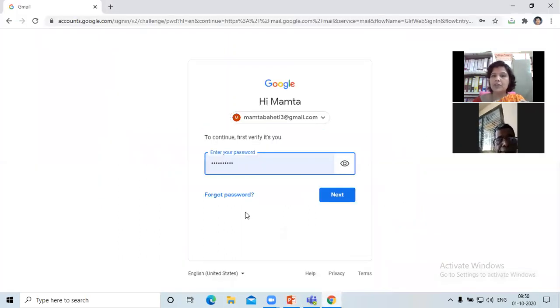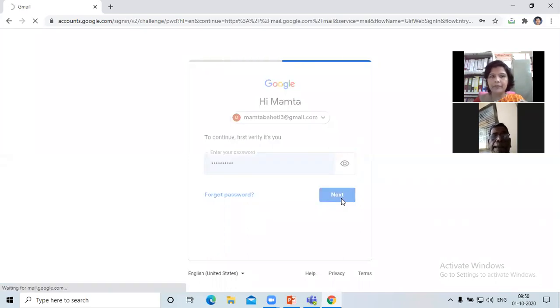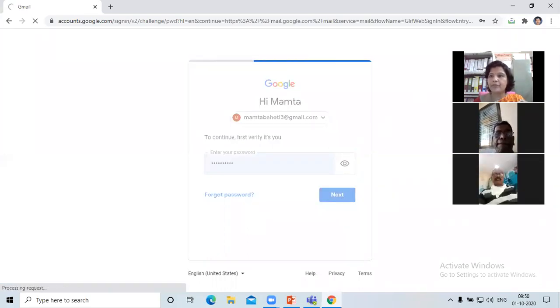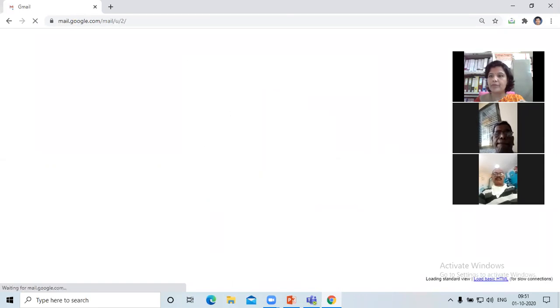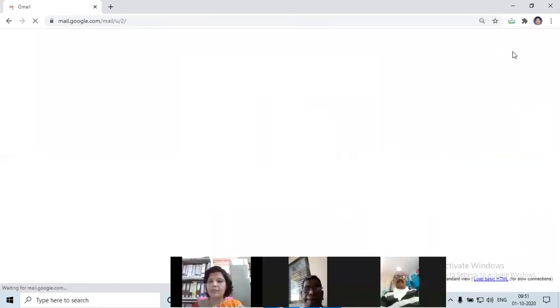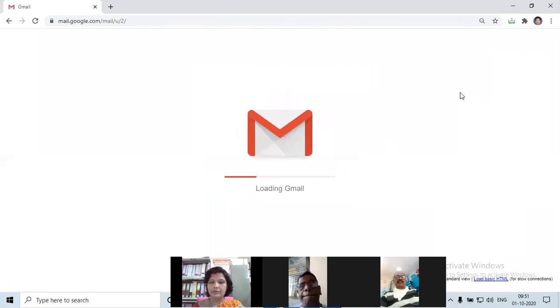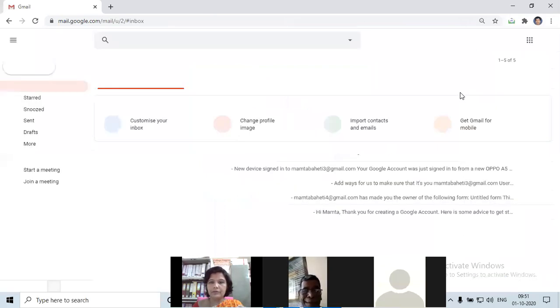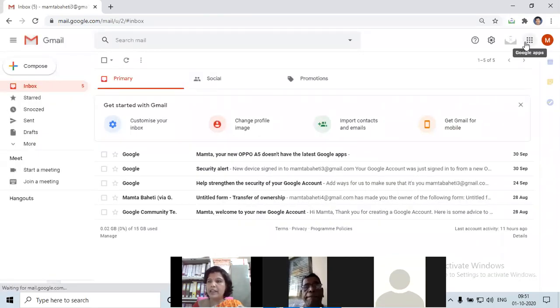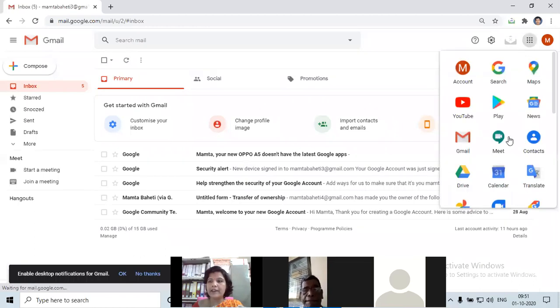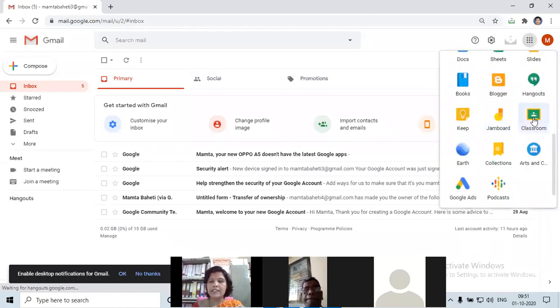Okay, so now see the mail ID that I have used to create that particular classroom. I'm logging in with that mail ID. I'm clicking on the 9 dots and selecting the classroom.